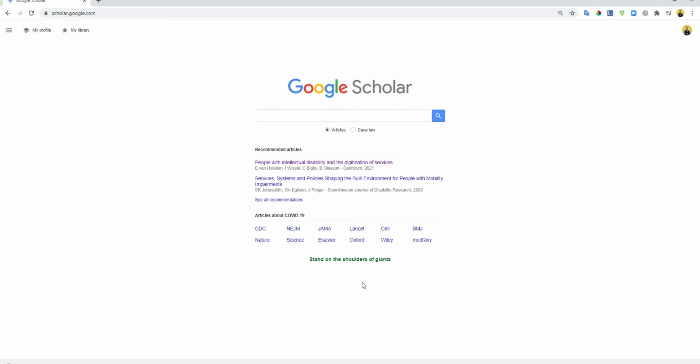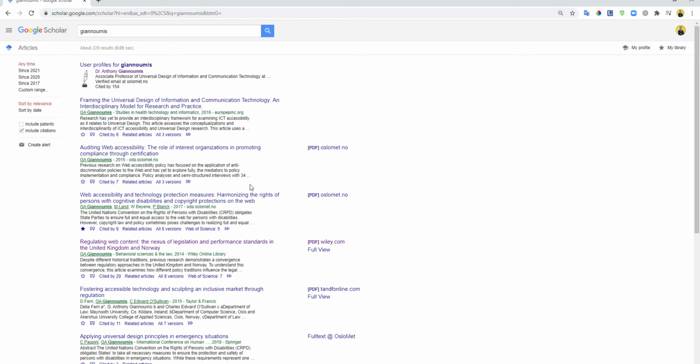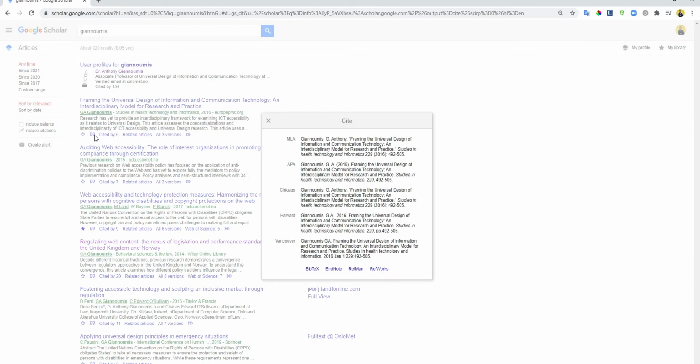All right, so to just get started, I'm just going to put my name in here, and then you can see how Google Scholar works. It's basically just like any Google search engine, but the key difference between Google Scholar and just any old search engine is this button right here. So this is the citation button, and what you end up with is not only the citation formats, which are fine, but these little links down here to BibTeX, Endnote, RefMan, and RefWorks. Now these are all